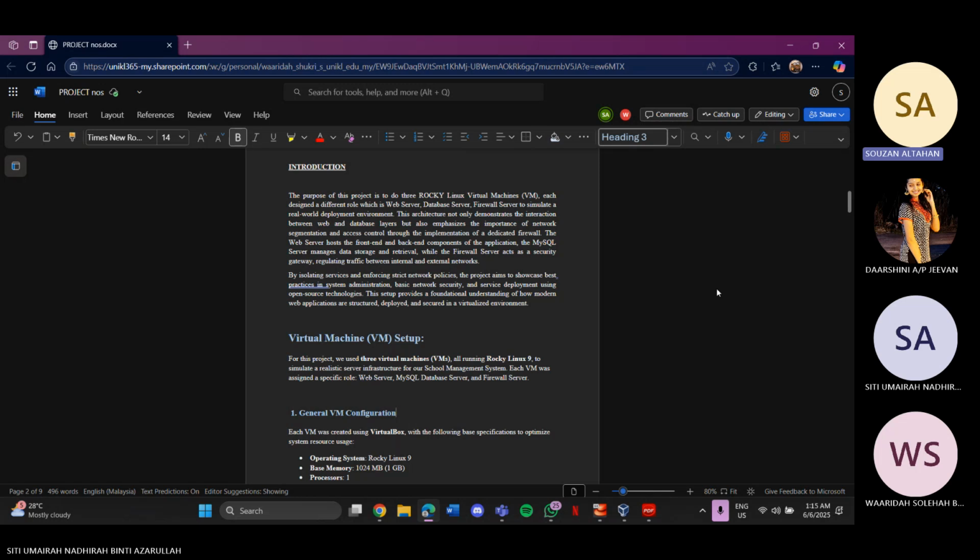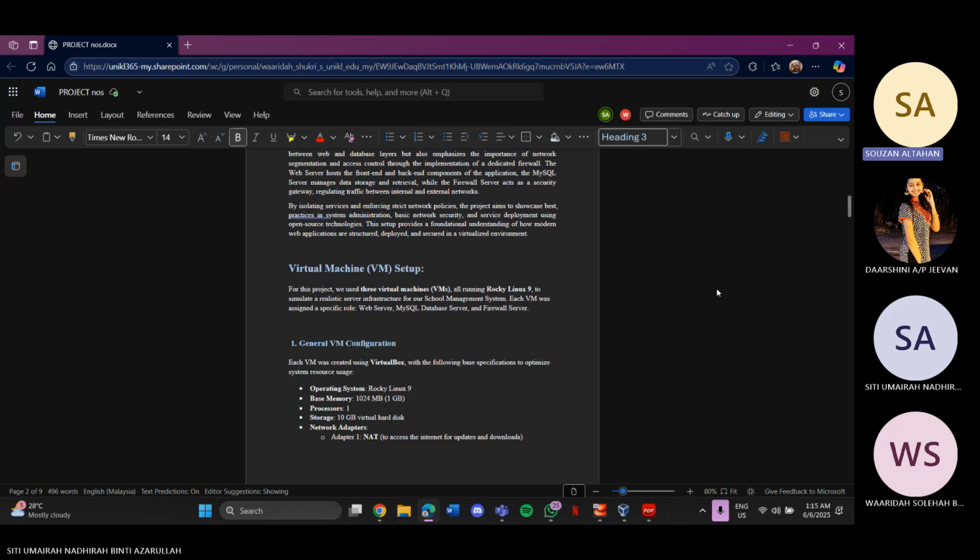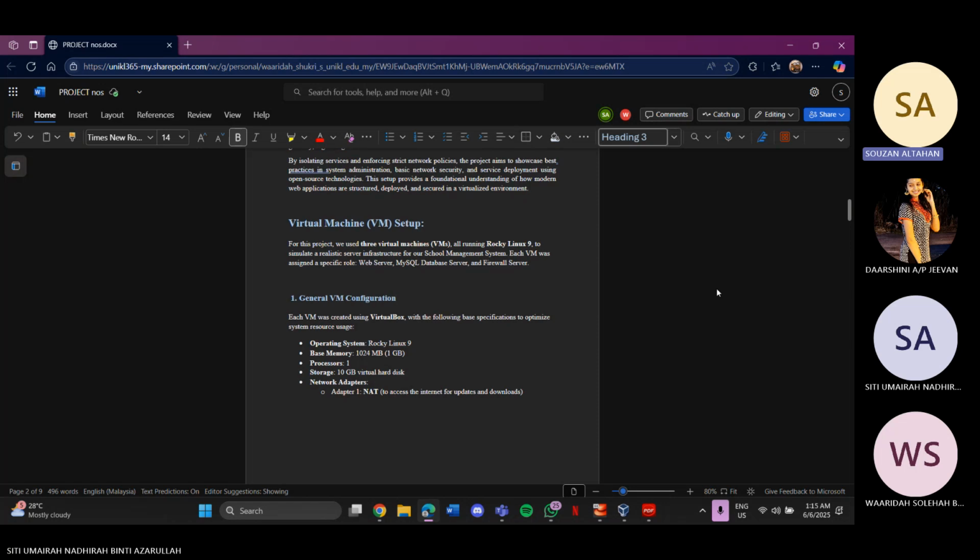So by isolating services and enforcing strict network policies, the project aims to showcase best practices in system administration, basic network security, and also service development using open source technologies. So this setup provides a foundational understanding of how modern web applications are structured, deployed, and also secured in a virtualized environment. So firstly, my part is to